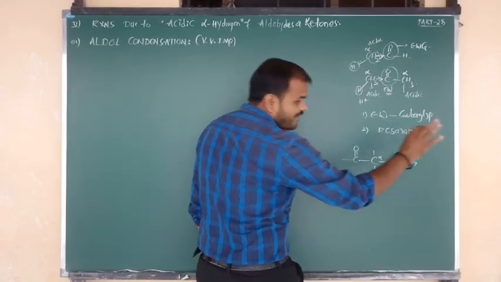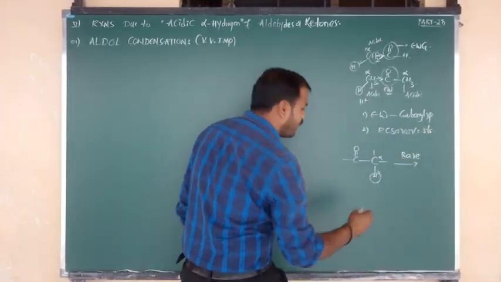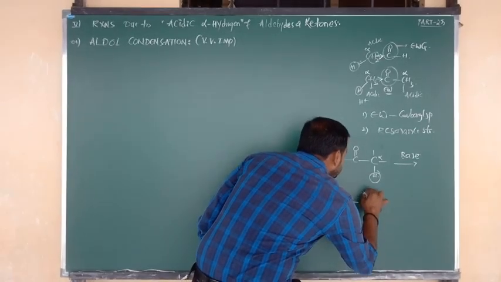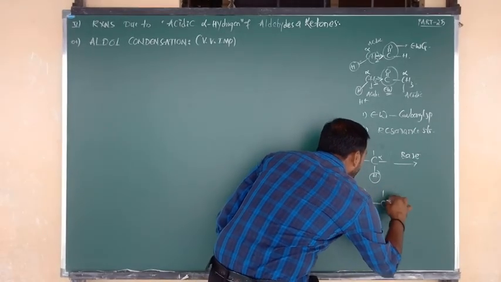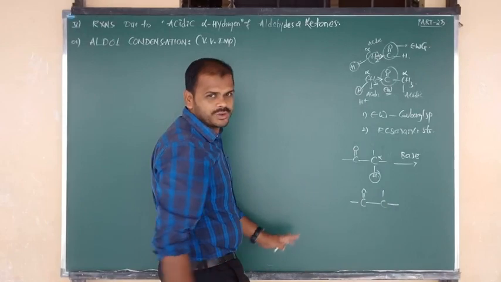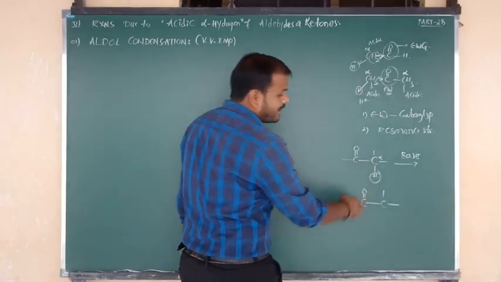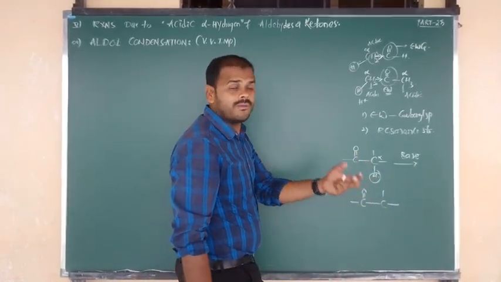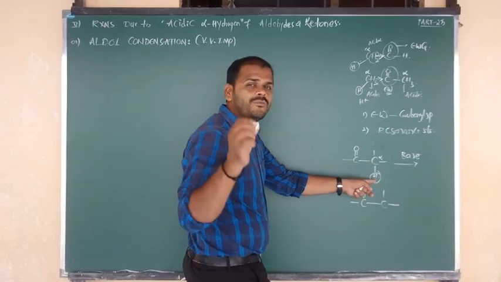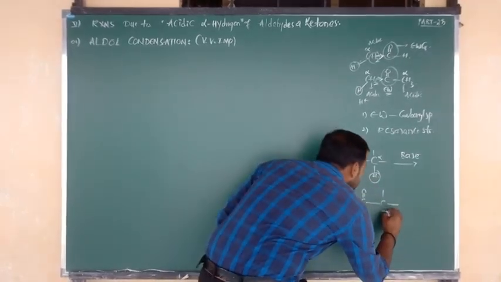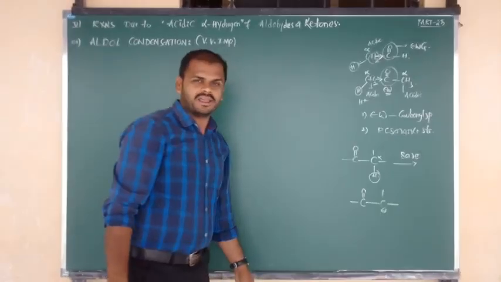Okay, so after the removal of H plus by using base, what are you going to get? Yes, same thing: C double bond O bond. It contains two bonds that I am going to write as it is, but from below the plane. Now what are we removing, Nana? We are removing the H plus ion. After removal of the H plus ion, the central C contains a negative charge.